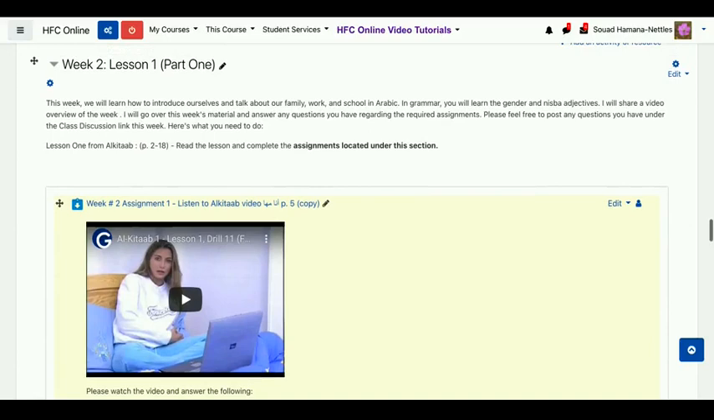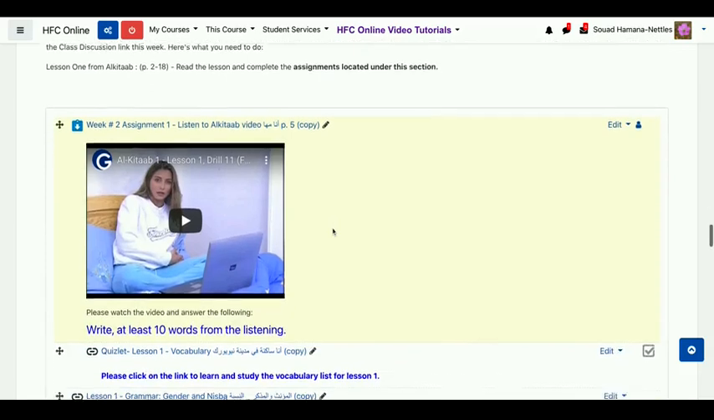This week we are going to start week 2, and we are going to start with the first lesson, lesson 1, part 1. So please, I encourage you to read carefully. If I ask you to read, please read. For example, here is from Al-Kitab, page 2 to 18. Then you have here